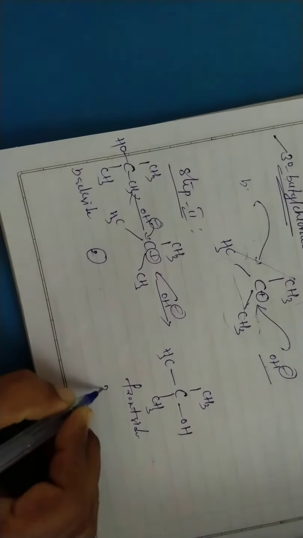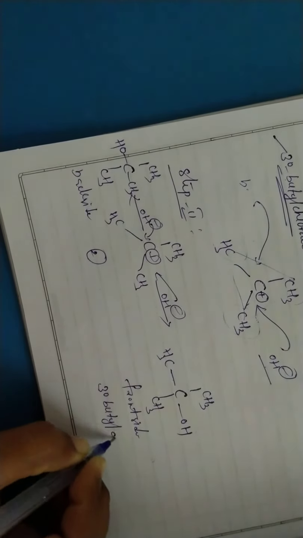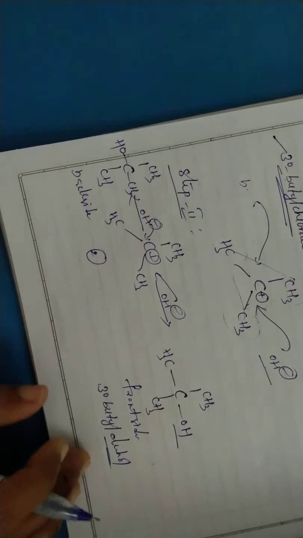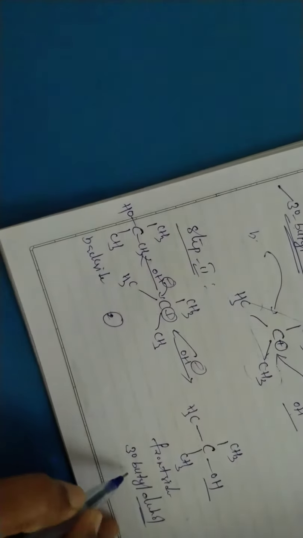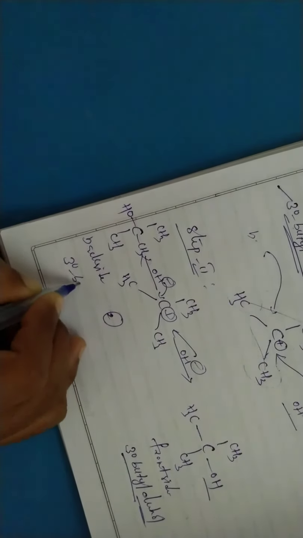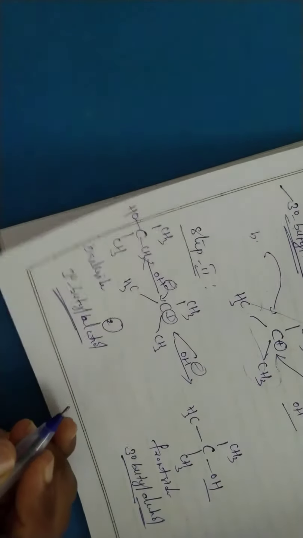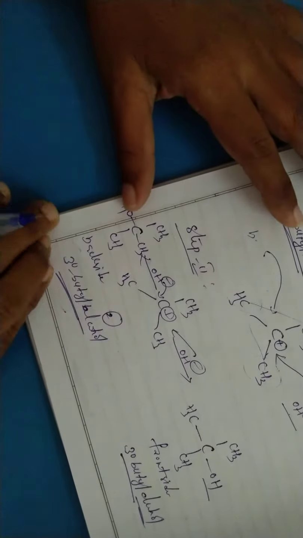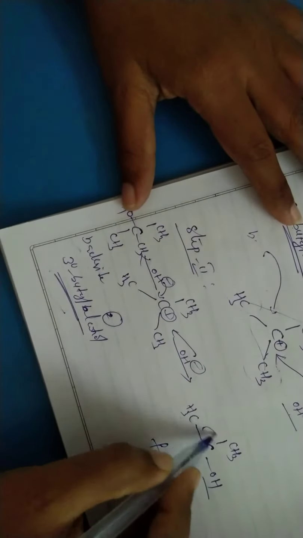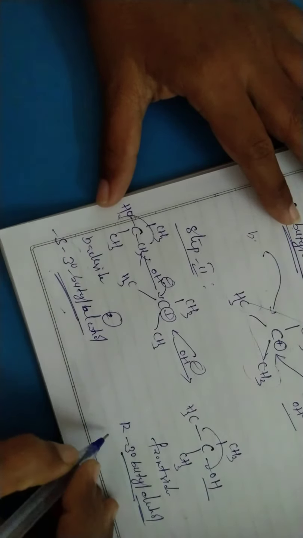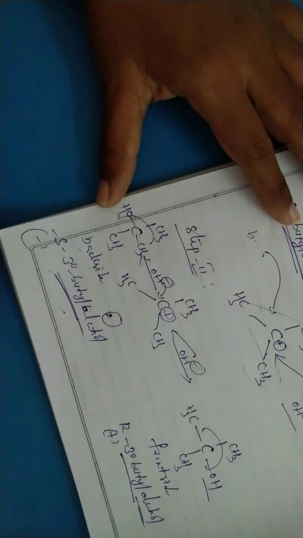We can name it as tertiary butyl alcohol. Why? Because if the OH functional group is there, according to IUPAC nomenclature, the name will be the -ol, that is alcohol. OH functional group is alcohol. It is tertiary butyl alcohol. It is also tertiary butyl alcohol only, but the difference is if you go to the stereochemistry, it may be R, it may be S. It is R, it is S. Okay, or it may be plus or it may be minus. That means we are getting two different types of enantiomers.